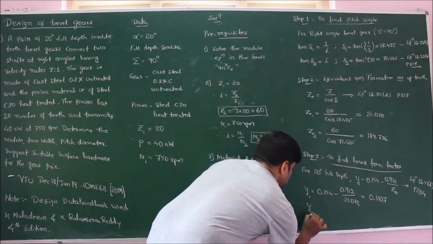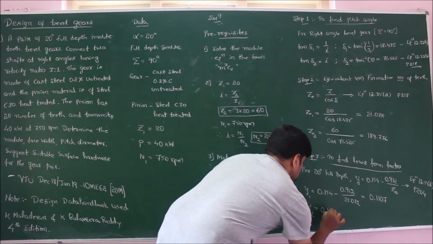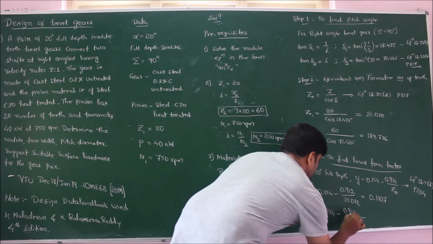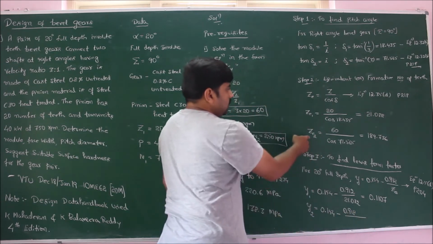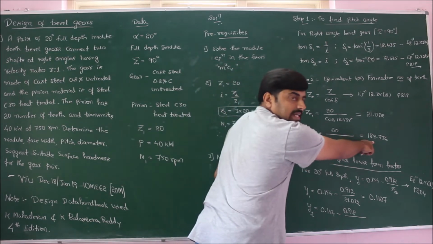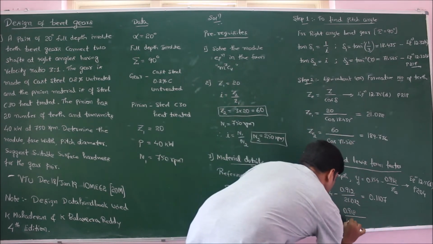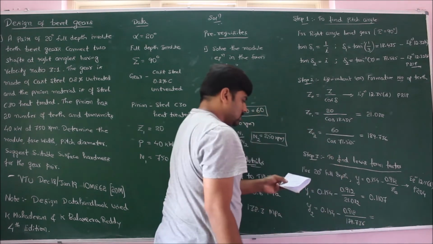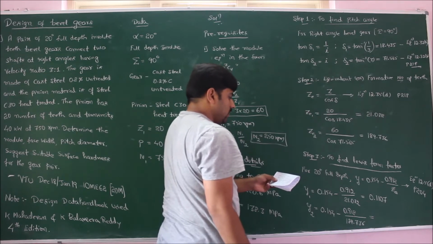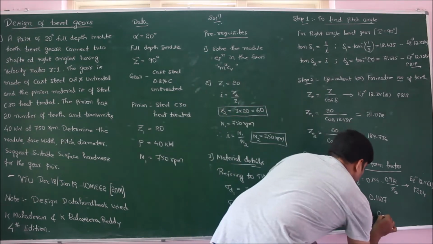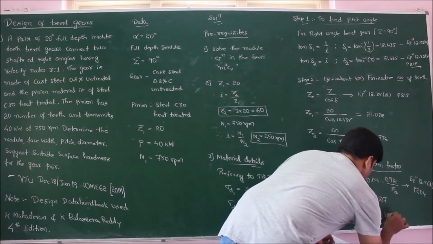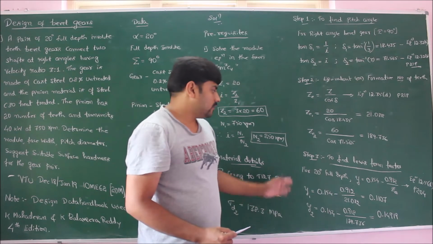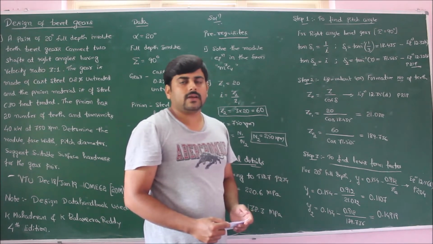Similarly, the Lewis form factor for gear will be 0.154 minus 0.912 by Z equivalent 2 is 189.736. Solving which, I will get the Lewis form factor for gear as 0.14919. Once we have calculated the value of Lewis form factor for pinion and gear, we can move on and